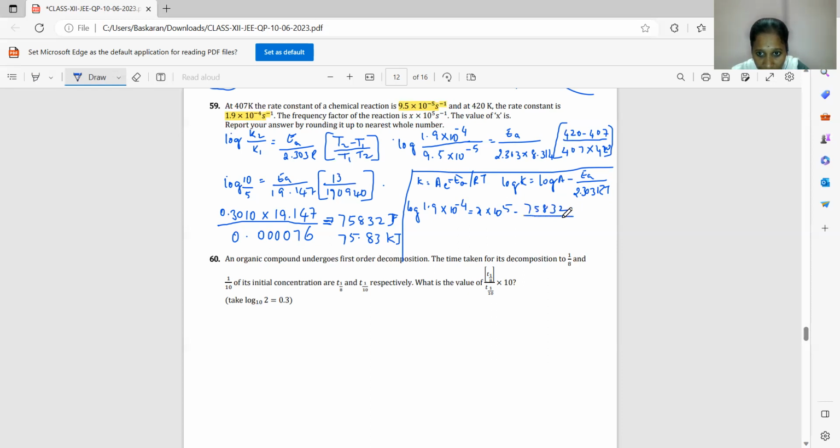So we will be taking 75,832 divided by, we know, 2.303 into 8.314 into the temperature given. So which temperature? Since we are taking the rate constant K2 here, we will be taking 420 as the temperature. So as the temperature, that is 420. So on simplifying this, how much do you get? So x into 10 power 5 will be